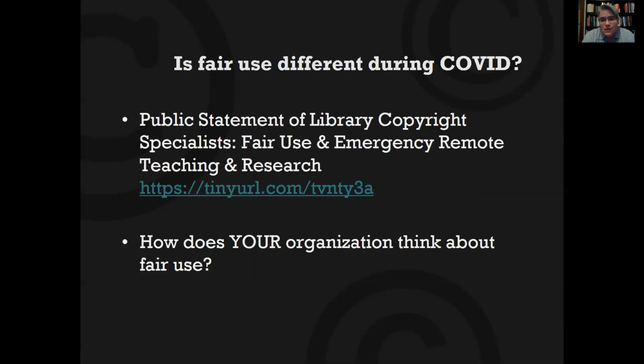And so from where we stand, we were able to say that, but that doesn't necessarily mean that your organization will feel comfortable with that as well. Some organizations don't even feel comfortable allowing instructors to make fair use calls in normal times. They may require permission for everything. If they don't require permission for everything in normal times, do they want you to presume, follow your standard practices, or do they think maybe you might be able to rely on fair use a little more right now? That's maybe something to ask your organization about. Not every organization is going to be willing to go down that route, but it's something to think about.